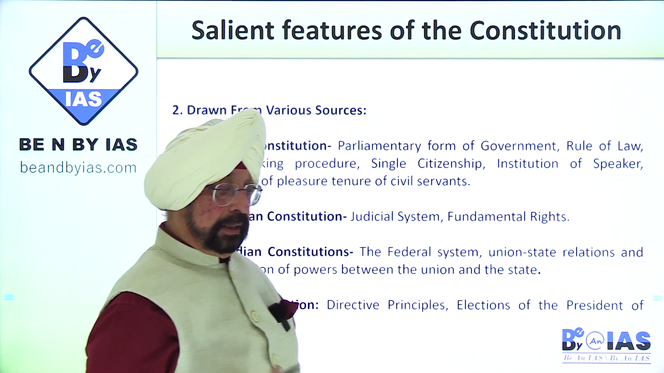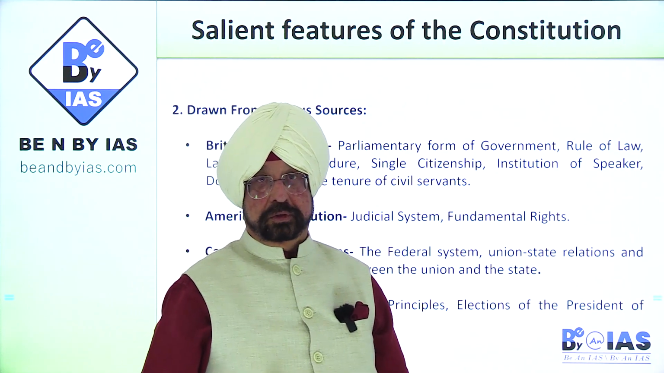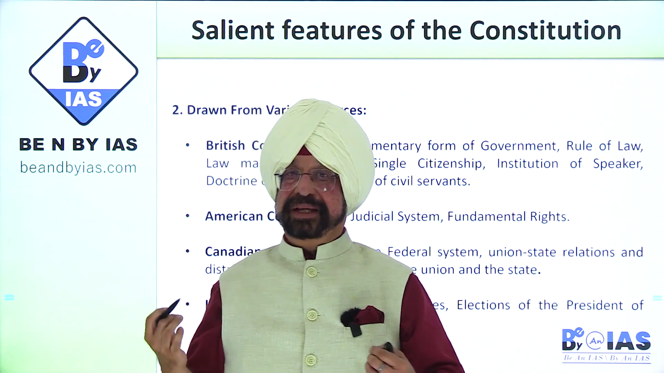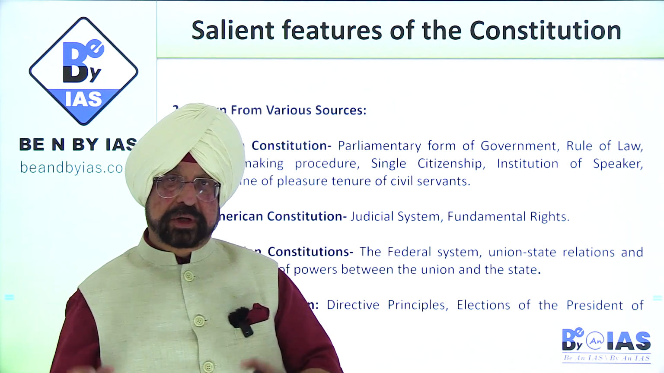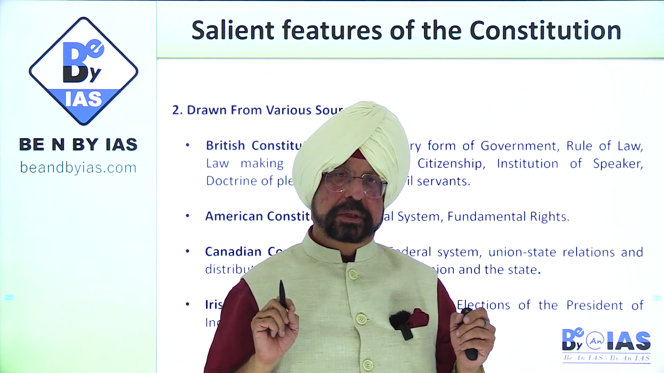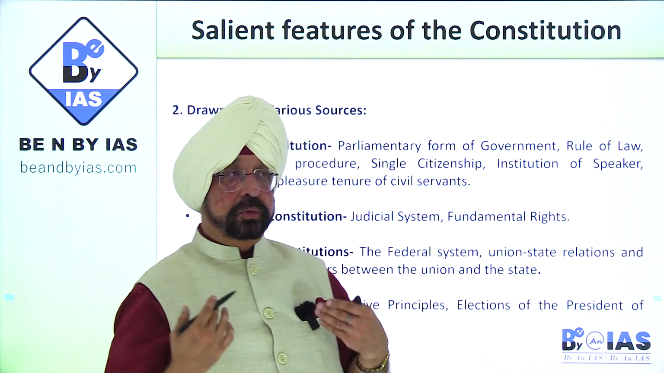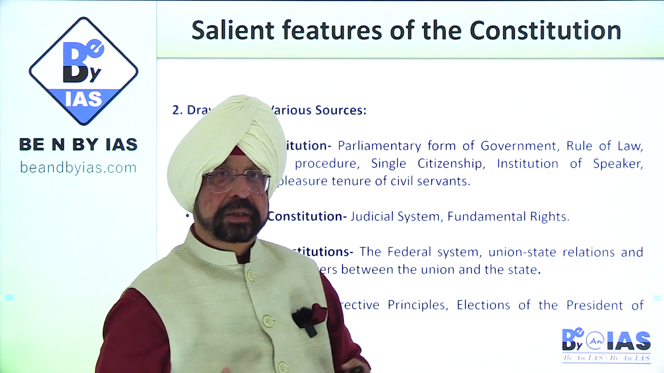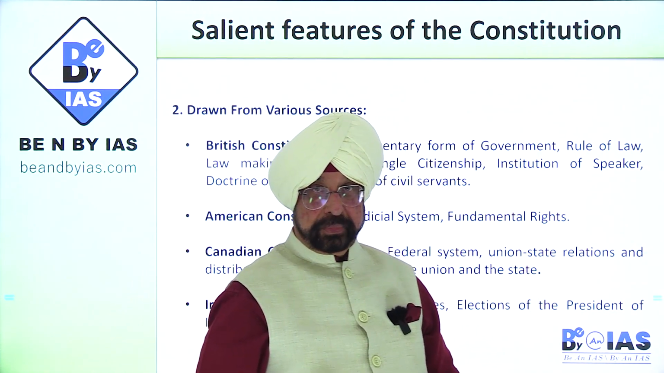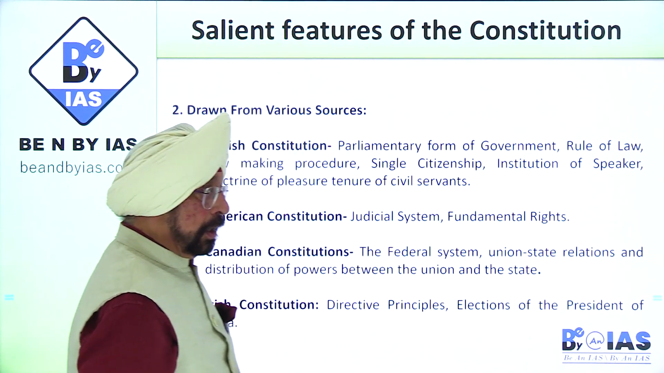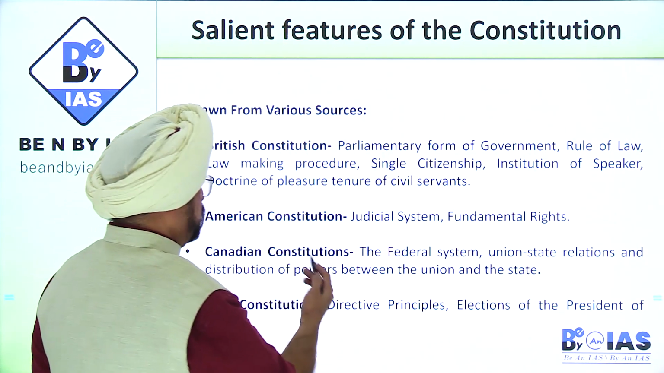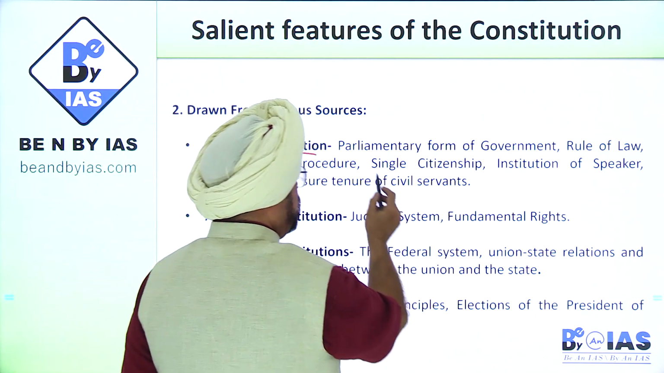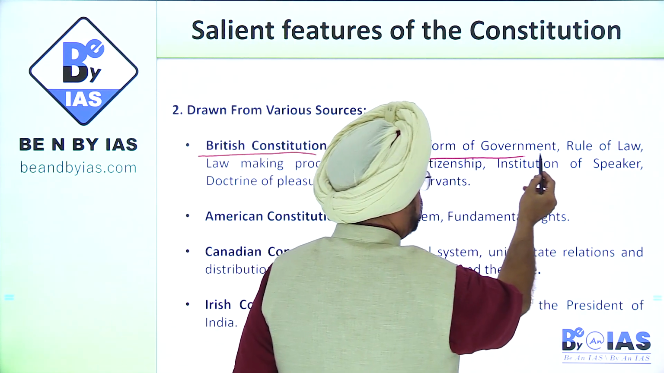Yesterday also we had seen the various sources of the Constitution. From various sources, we have adopted the best possible features. We have picked up the best features, and we have adapted them to our own local Indian conditions because of the diversity of the country and our own needs. So, what the British Constitution provided, what features we have picked up from there is the parliamentary form of government,